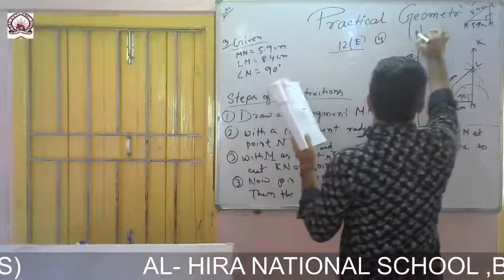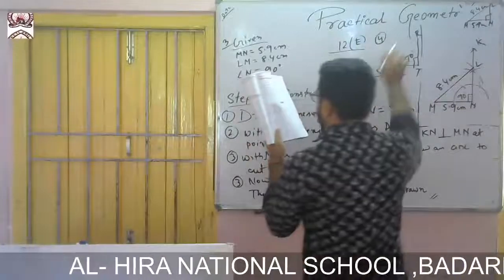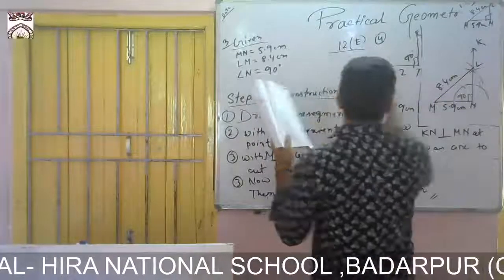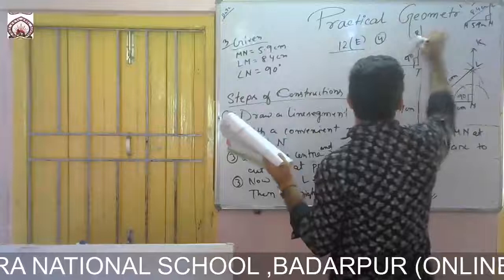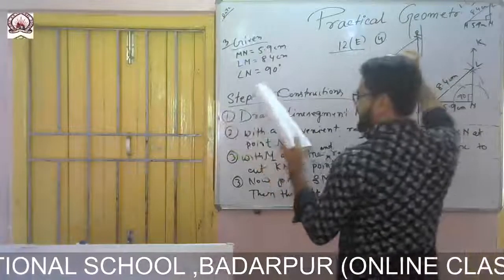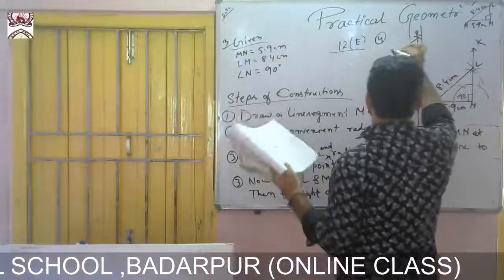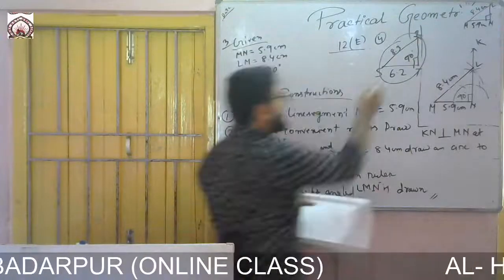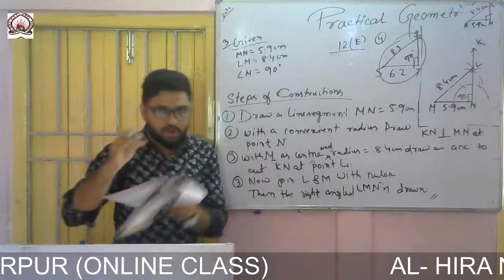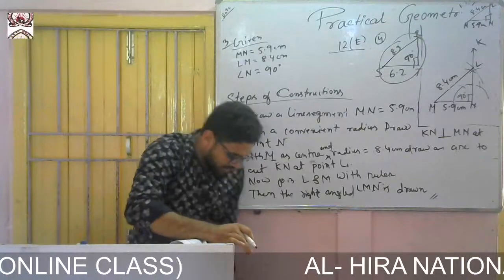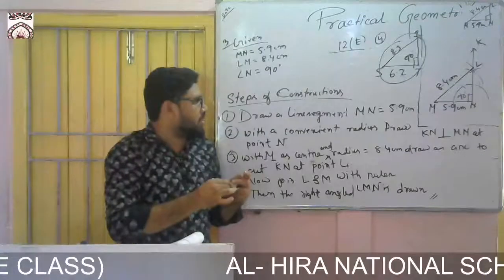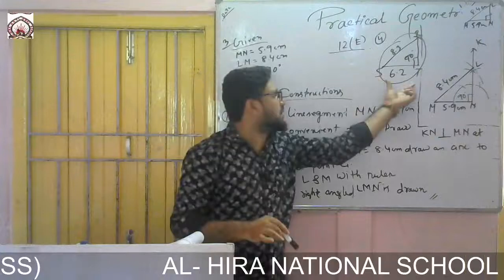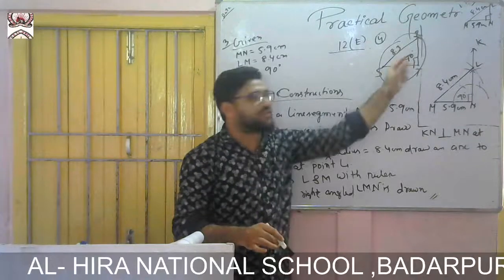This will be point R. Now SR is given as 8.3. From there, with the compass, you take 8.3. That will be the required diagram. So this is how you construct question number 4: first take ST 6.2, then draw 90 degrees at T, then take SR 8.3 and cut to get it as earlier.